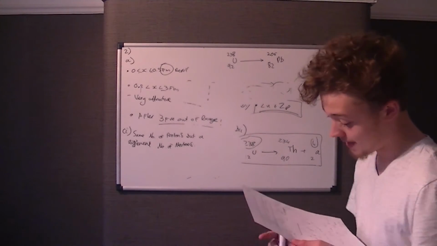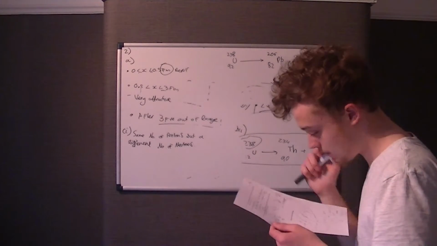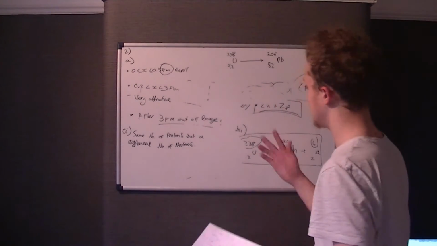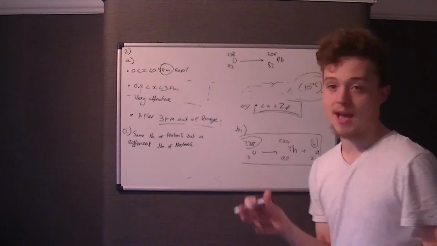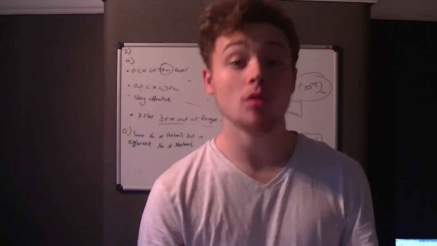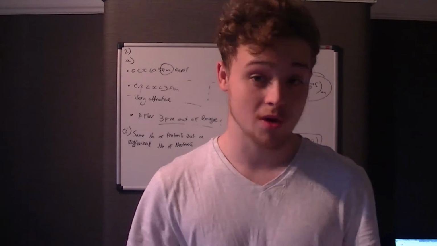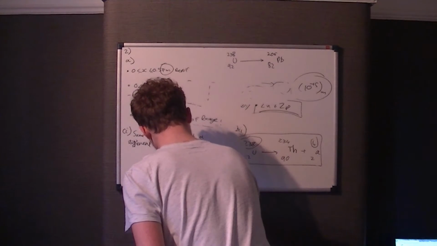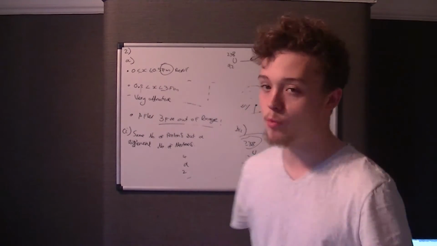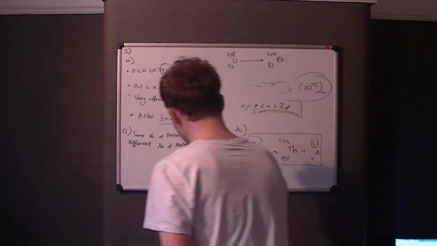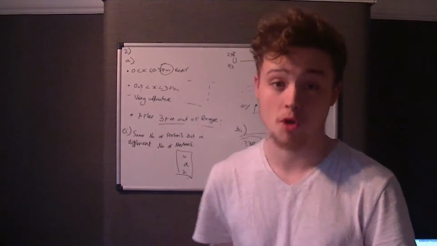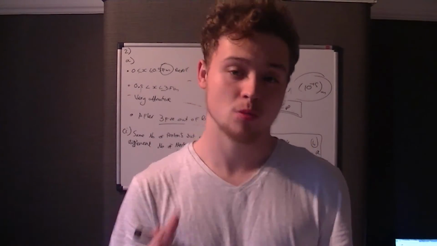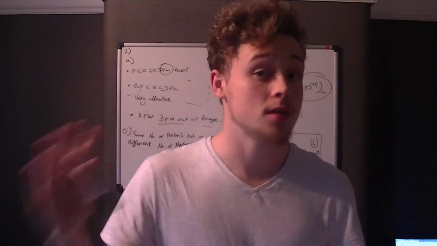Anyway, so it says it decays by 8 alpha. It goes through 8 alpha decays, and we're asked how many beta minus decays are involved. Well, the first thing we need to do is work out what effect having 8 alpha decays has on uranium-238. We know that an alpha particle has a nucleon number of 4 and a proton number of 2. So basically what we've got to do is remove 8 of those particles from uranium-238 and then deduce how many beta minus decays we need to get from whatever that ends up being to this